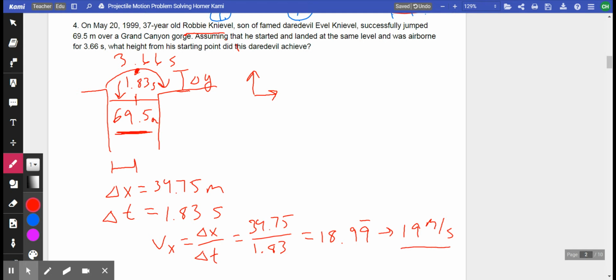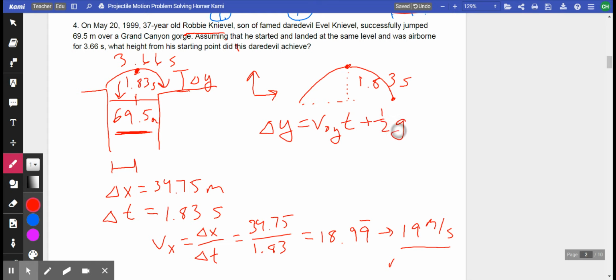They want us to find out how high he goes. So the same time going up is what it's going to take to go back down. And if I want to find this highest height, I just need to know how much time it takes for him to go up there. And remember, it took 1.83 seconds. So that's our time. We already figured that out. What is the equation for delta y again? So delta y is equal to the original speed in the y times time plus 1/2 of gravity times time